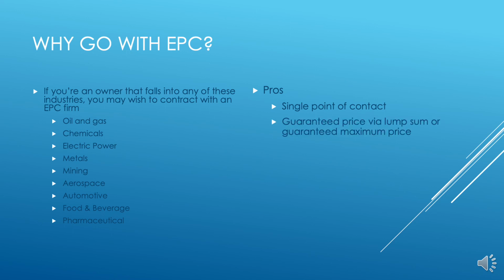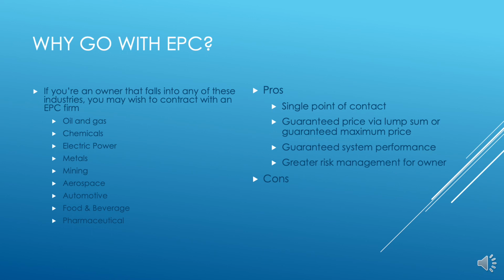EPC firms also use the guaranteed maximum price or lump sum method for payment, which gives the owner certainty over the final price. They will also typically guarantee the system performance and accept most or all of the risk for the project on behalf of the owner. There are, however, some